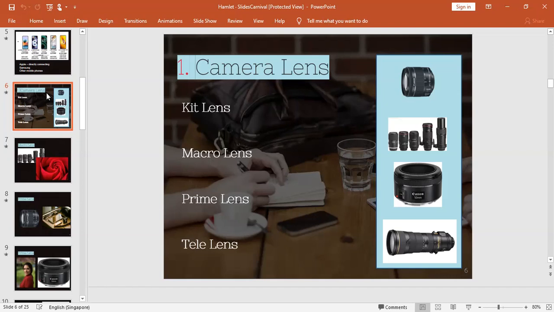So that is not a zoom lens, that is not a prime lens, that is not a lens to take nano objects or micro objects. That's just used to take photographs which are near to you, like a bridge camera. You can use your DSLR with a kit lens like a bridge camera.